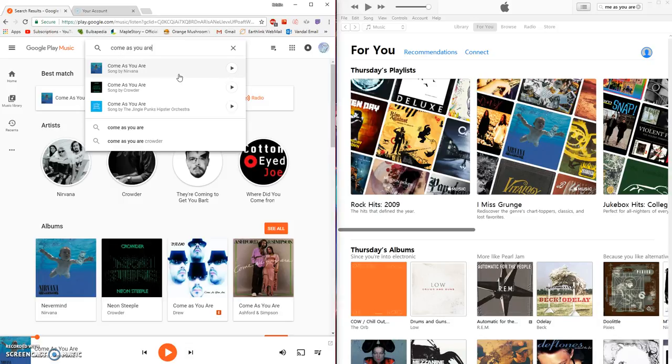Some things though that I liked better about Apple Music over Google is that Apple lets you download music, so you can listen to music offline. So if your internet's down and you want to listen to music, you can still listen to music. Whereas with Google, you can't download any of your music onto your desktop. And I think part of that is because